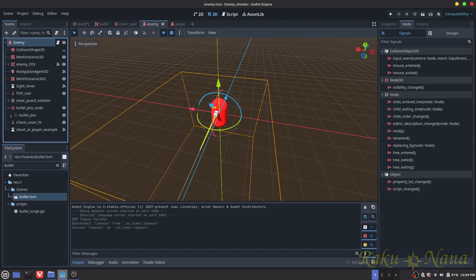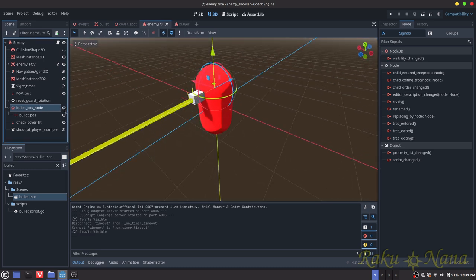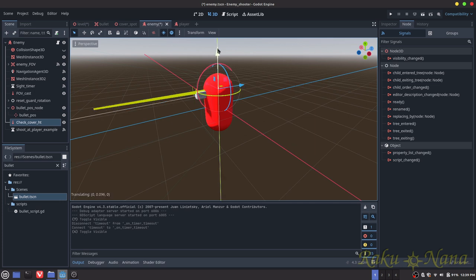Okay, so let's go into its actual build here. The only differences that I have here are this right here, the bullet position, very similar to that of the player, a Marker3D. This is just so where the enemy's bullets are going to appear. I have here a check cover height. I didn't get a chance to use this, but it was just to check to see if the enemy was